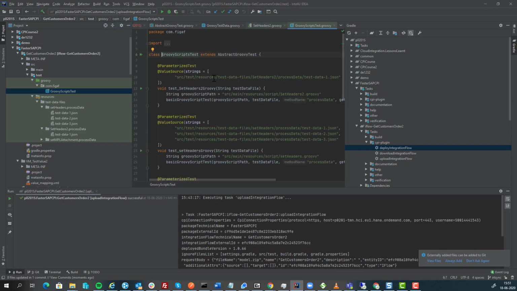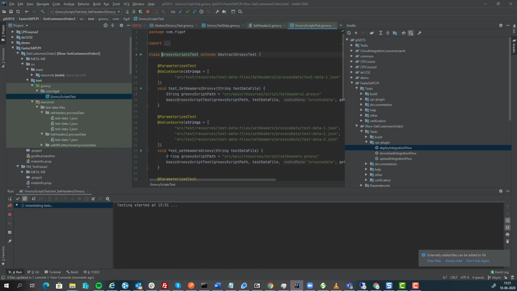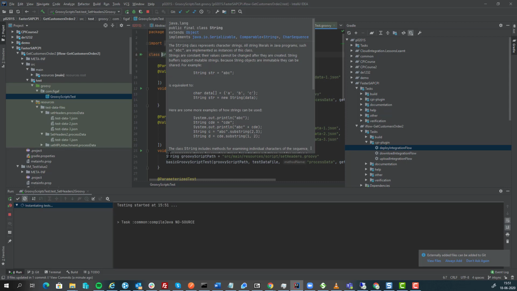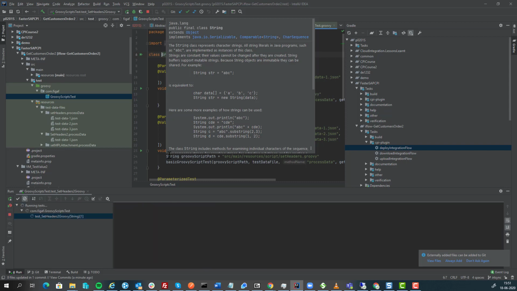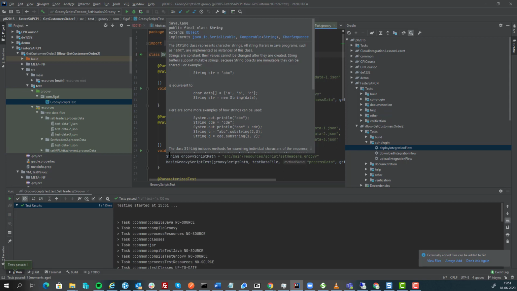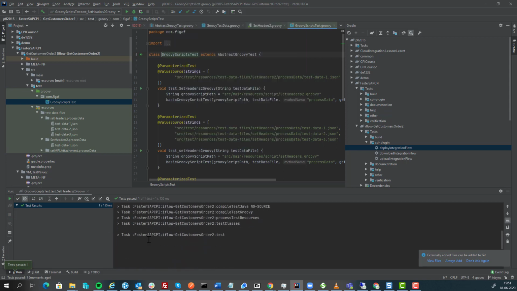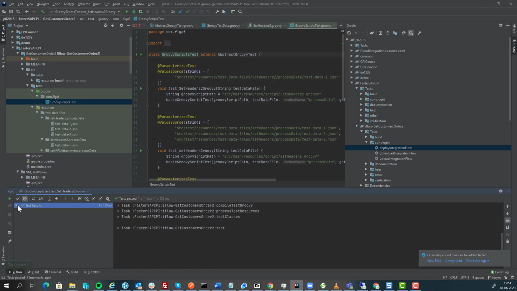So we can see here we have the test data for our global template for running this, and if we can run, for instance, this header 2, and just run it normally, and then it will send this data into the Groovy script. It will ensure that it works, and if not, then it will see what the differences are. So now it just compiles it and it runs this, and we can see that the test has passed